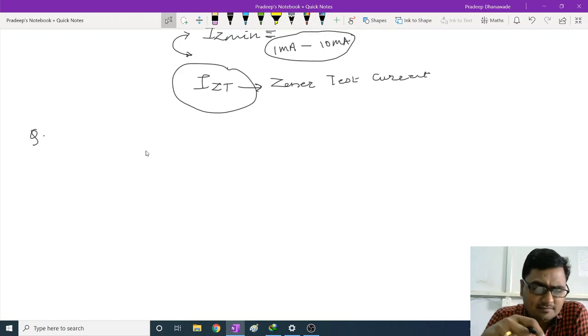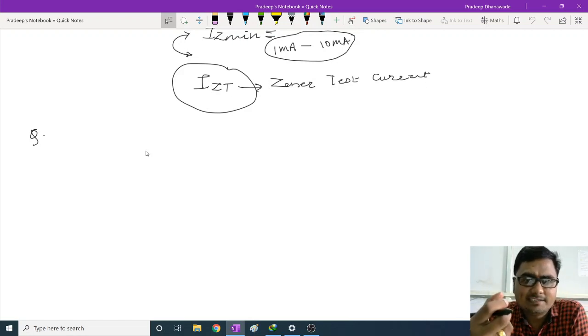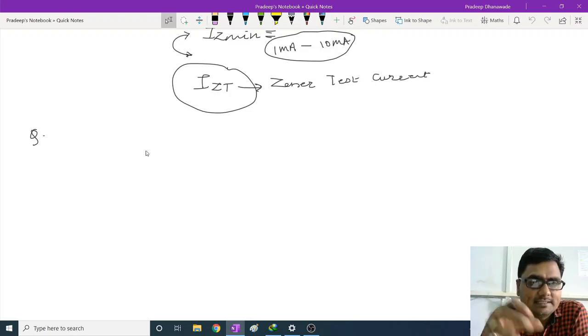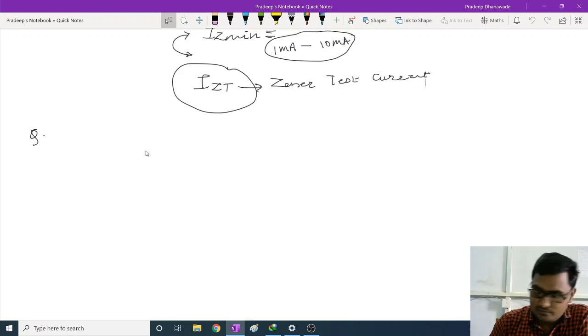It is a very small, basic practical problem that we'll conduct here. Why do I say practical problem? Because the same values that we are going to design here, we'll take into the lab and mount on a breadboard, and then we'll observe the output voltages. So practically we have to perform that. So it will be a practical statement of the Zener.